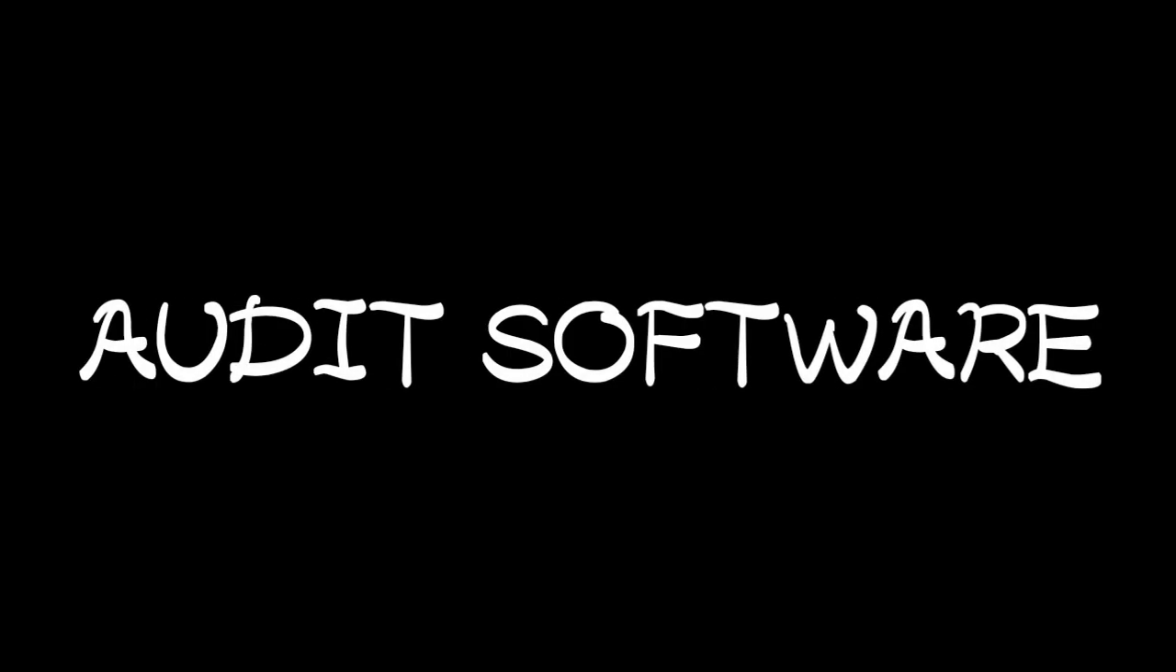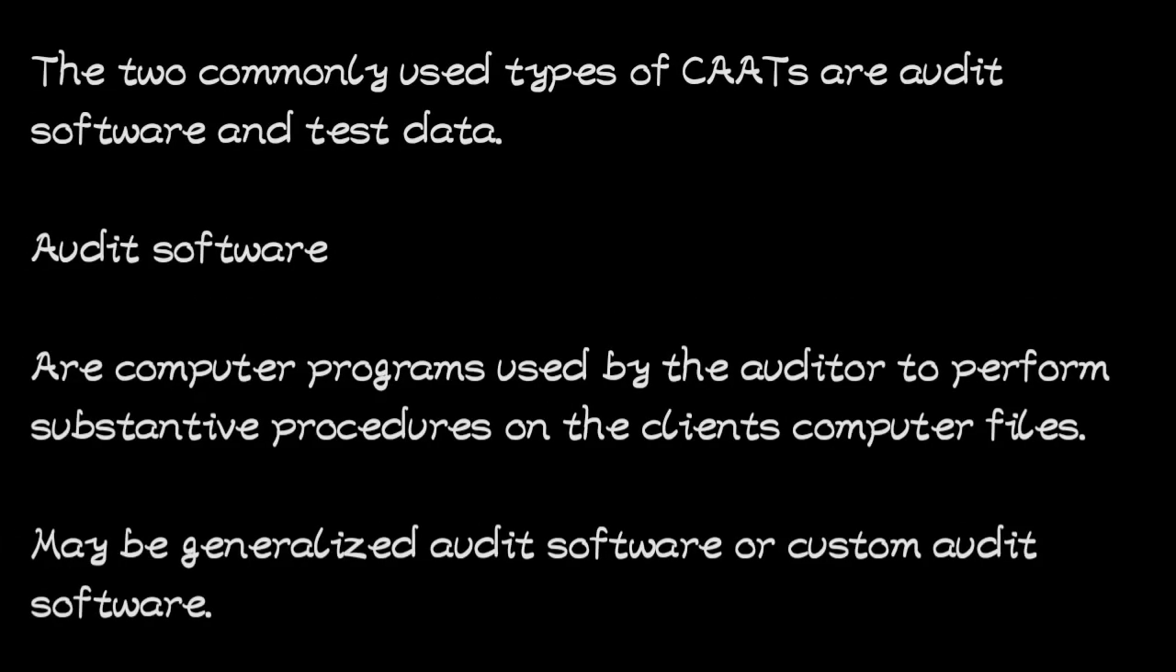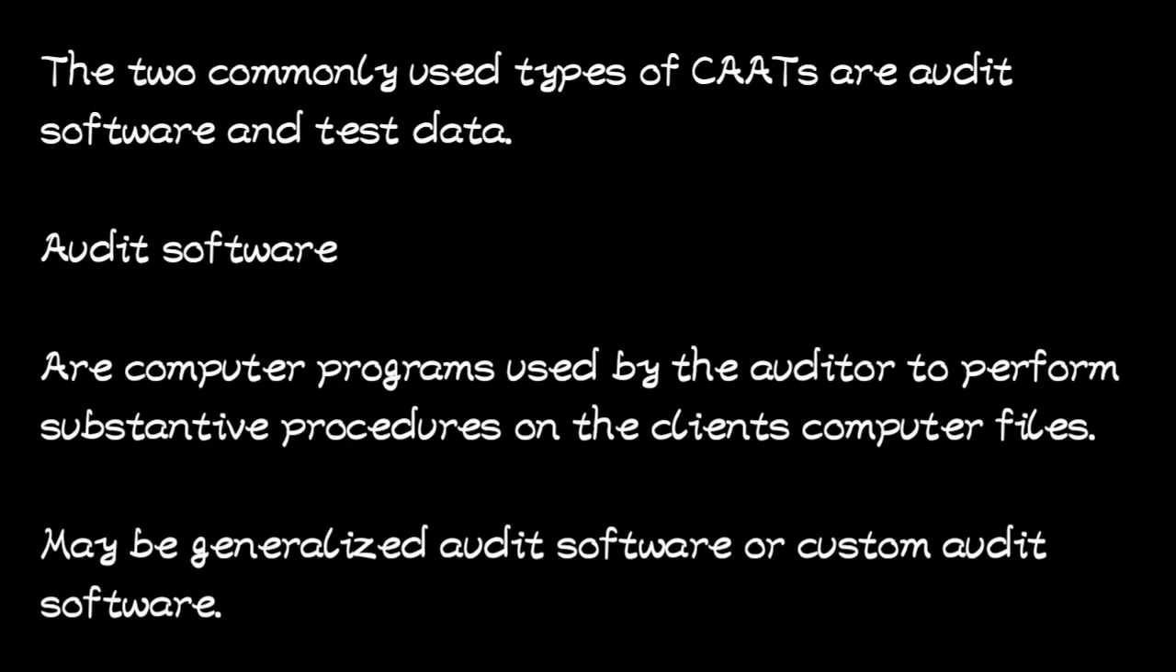Let's look at audit software in computer audit. The two commonly used types of CATs are audit software and test data. In this video, we are going to first look at audit software. Audit software are computer programs that are used by the auditor to perform substantive procedures on the client's computer